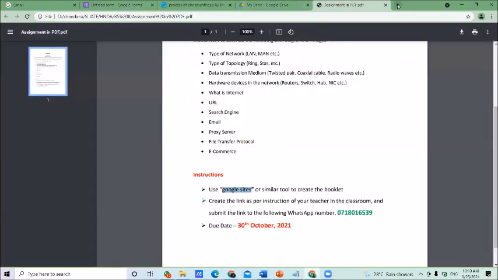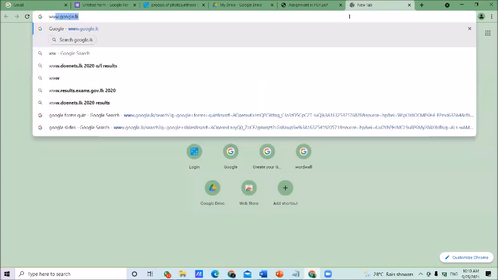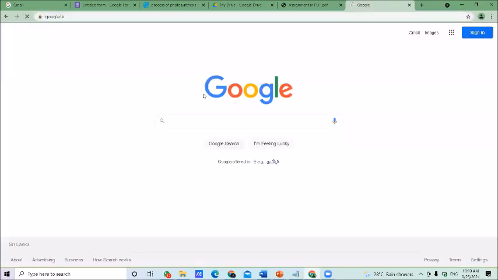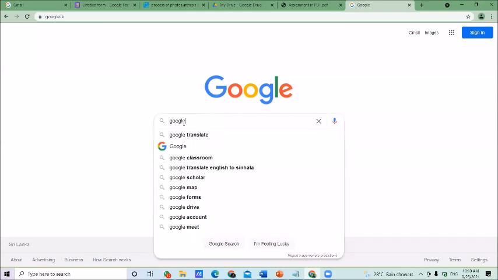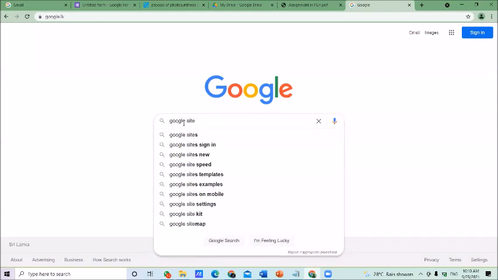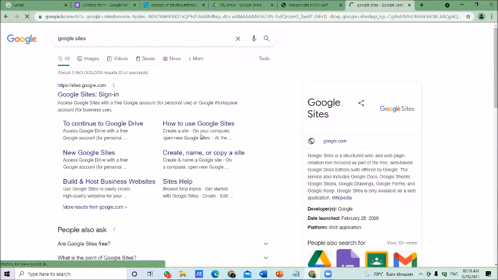Then you want to open it. Go to Google, type Google Sites, then search it. Those are similar steps to what I explained earlier.